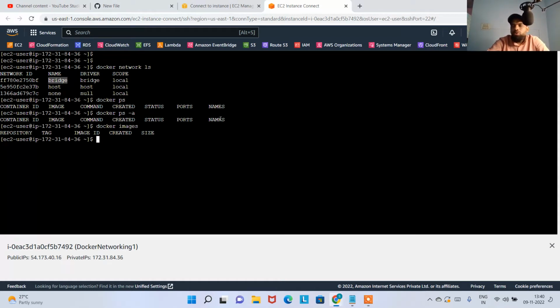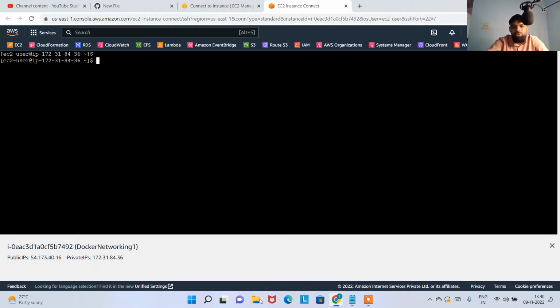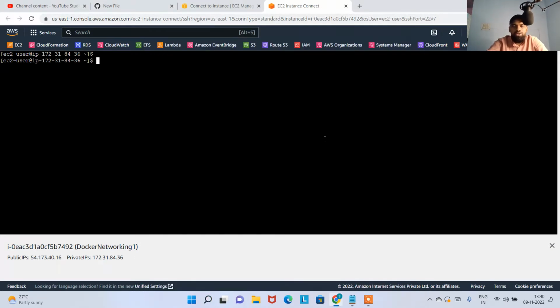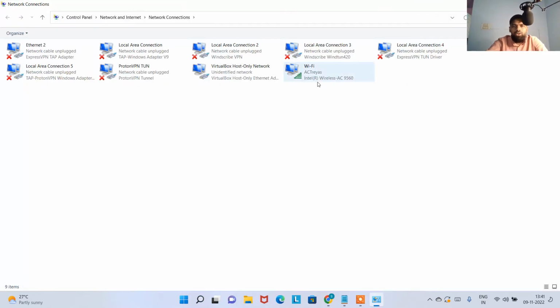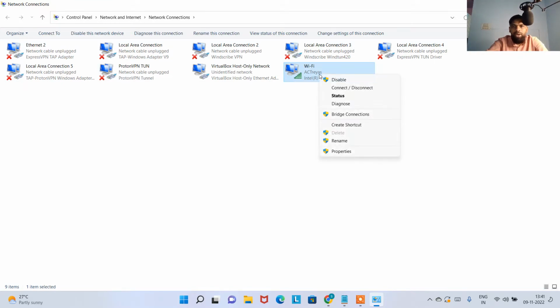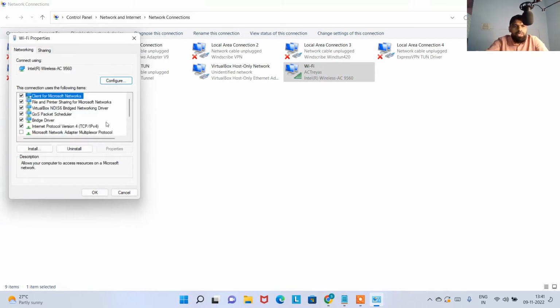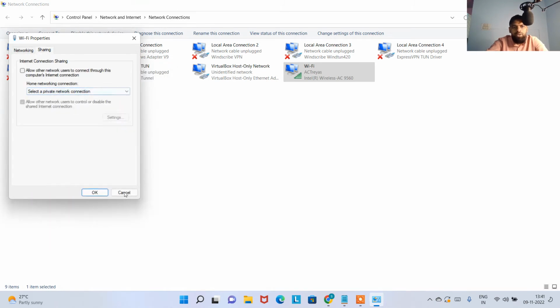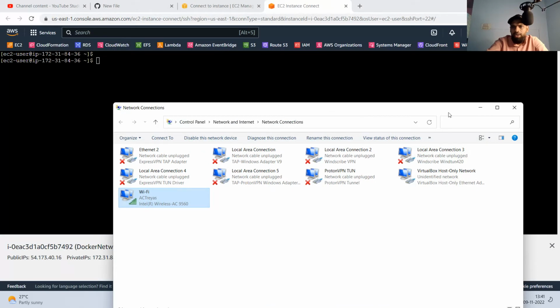Now, if you want to see the configuration details of the bridge, what will you do? For example, in a Windows machine, if you want to see the network adapter configuration, what will you do? You just type network here, and then you'll get something called view network connections. Click on view network connections, and you will see something like the Wi-Fi adapter. Right click on it, and then you can click on properties. So you will see a lot of details like what the IP is, and if you go for properties, these many things you can see here in Windows. So likewise,